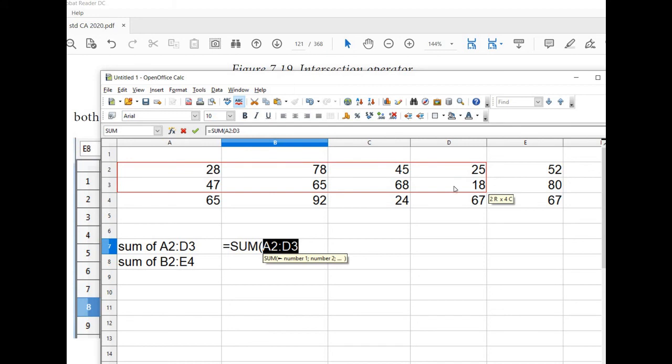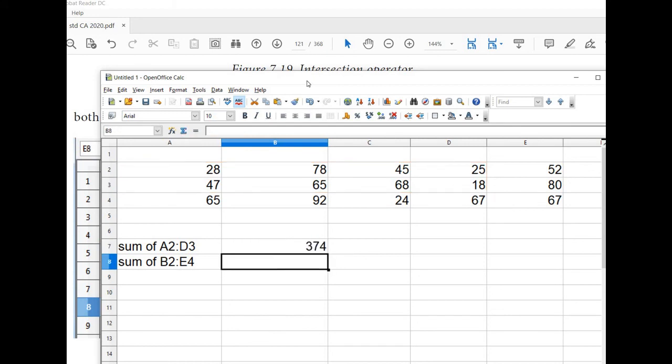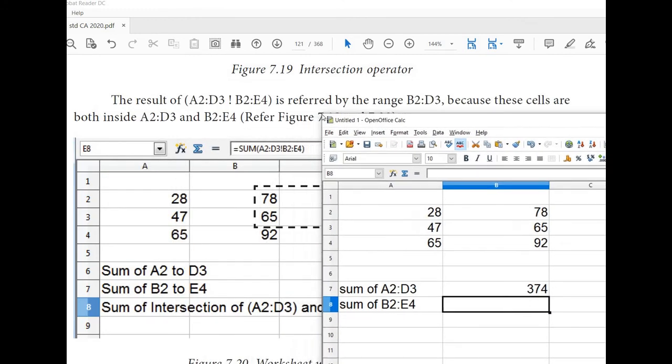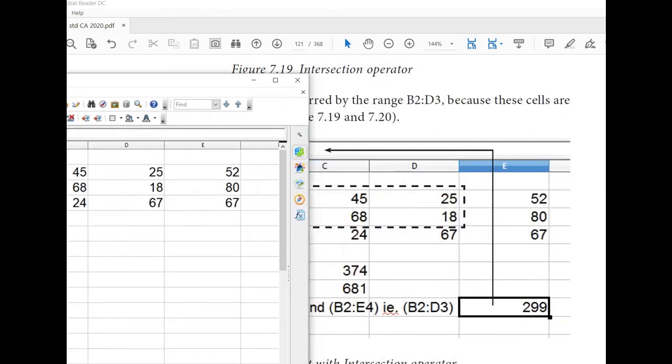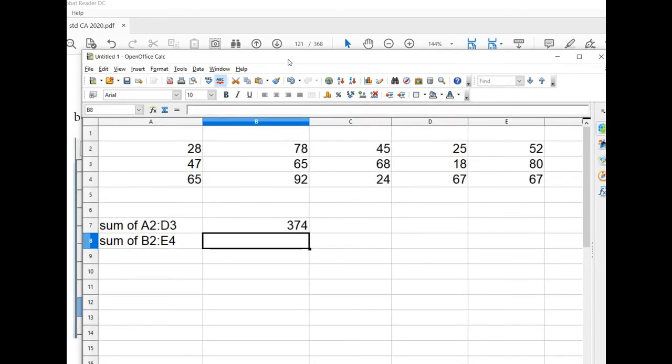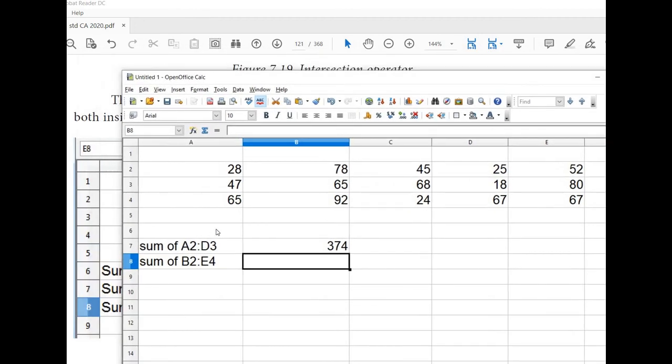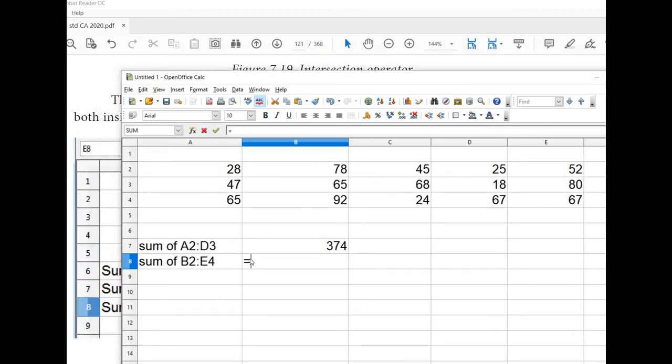So the range is 374. Yes, here also the value is 374. Same thing. Okay. The next one is B2 to E4, equal sum B2 to E4. This is E and this is 4. Okay.